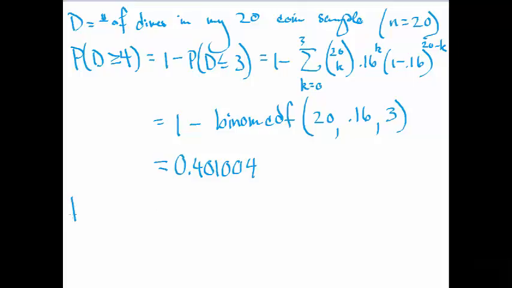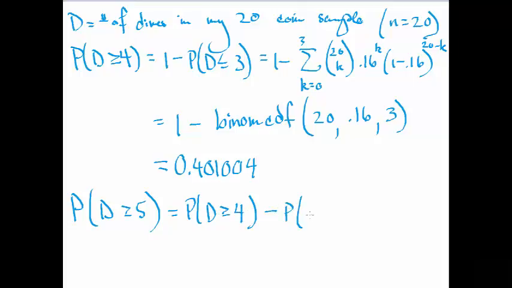0.401004. What's the probability that D is at least 5? That's the next question, right? The chance that you see at least 5. There are a couple ways I could do that. One would just be to take the probability that D is at least 4 and subtract off the probability that D equals 4. Right, so let's try it that way. I already have this one right here. This is this probability, so that's